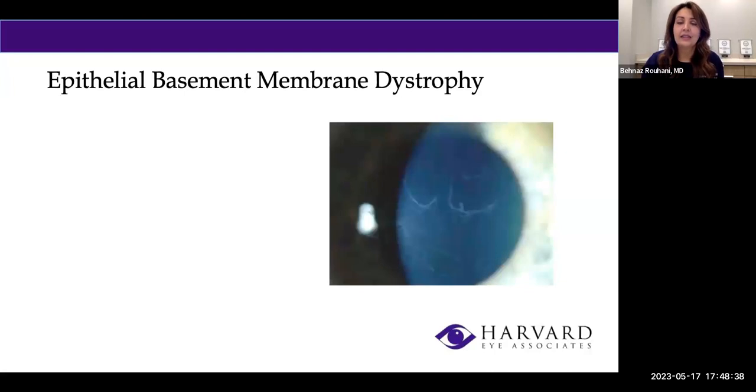All right, so the next thing that we really need to evaluate for prior to cataract surgery is what we call epithelial basement membrane dystrophy. This is a genetic condition that can be seen on the cornea. Sometimes it's very faint, but we need to really be careful and look for it with certain lighting on the cornea to see some sort of a map and linear opacities on the clear part of the eye, which is the cornea. And those can cause a little bit of a lumpy, bumpy surface, meaning they can give you irregularity or astigmatism.